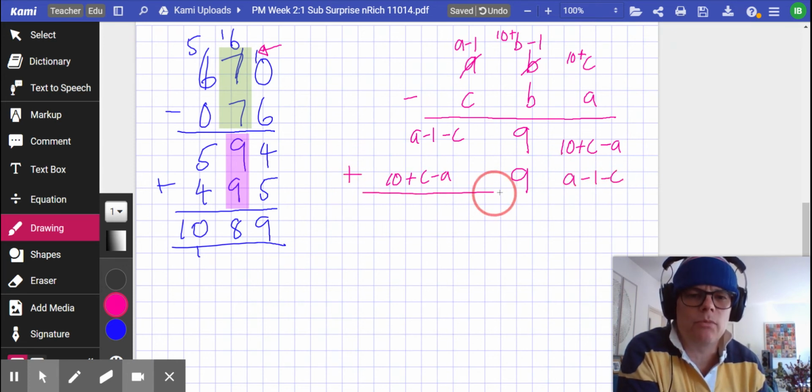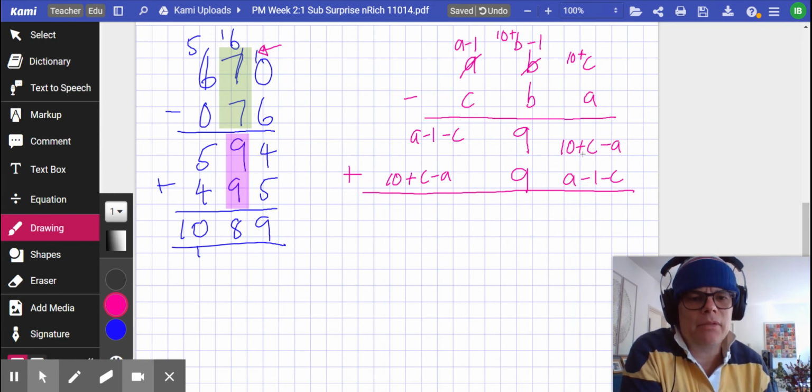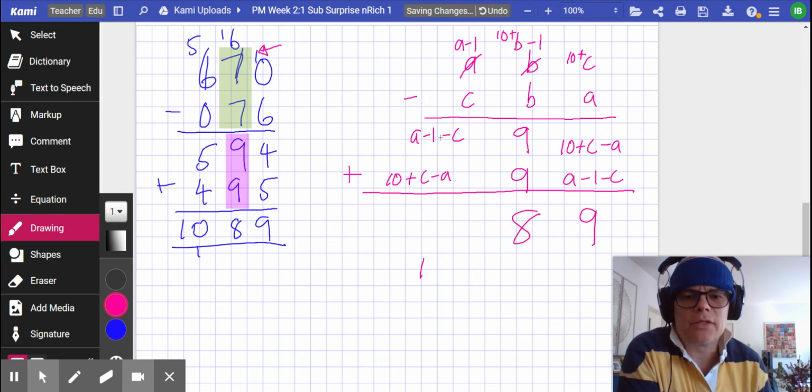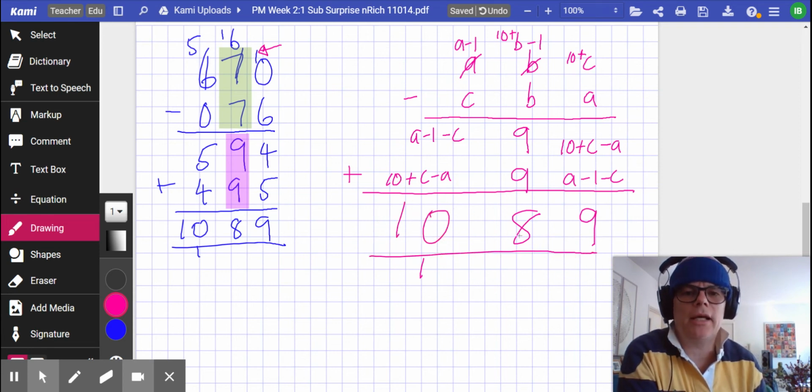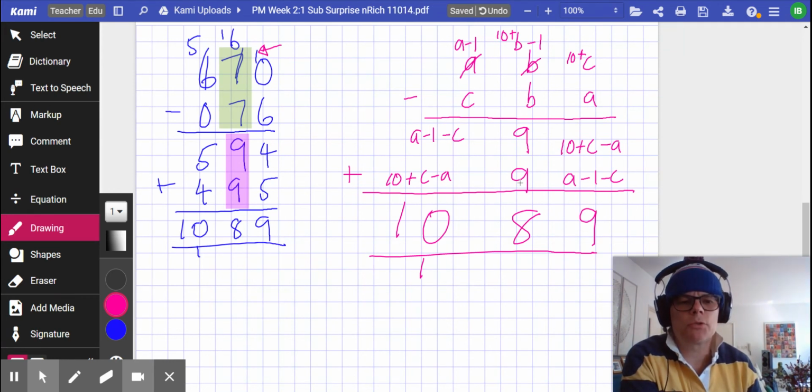And now I'm going to add. And what do we end up with? 10 plus C minus A plus A minus 1 minus C. Well, you've got plus C minus C, so that's 0. You've got minus A plus A, that's 0. And you've got 10 minus 1, that's 9. 9 plus 9 is 18. And A minus 1 minus C, you've got an A minus an A. You've got A minus C plus A C, that's both 0. And you've got A minus 1 plus 10, that's a 9. Plus 1 is 10. And you'll have algebraically, using algebra for digits and numbers, shown why this will always be